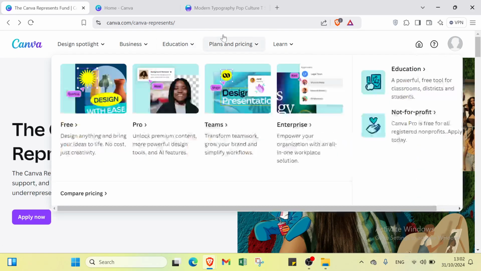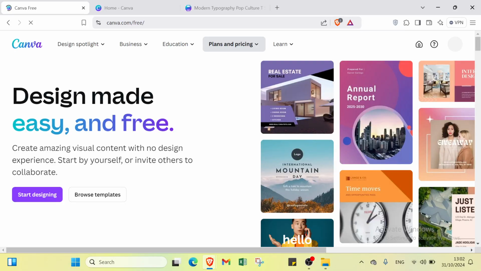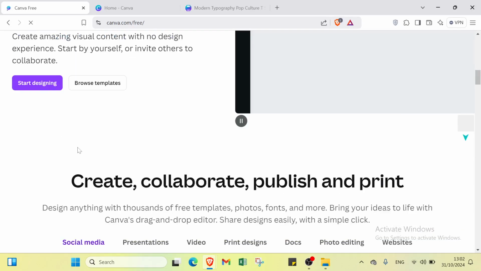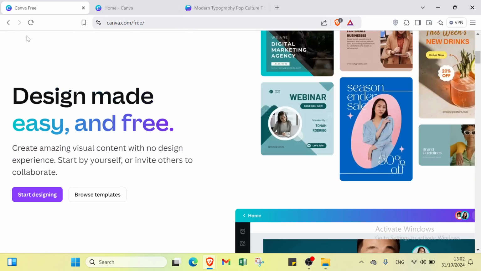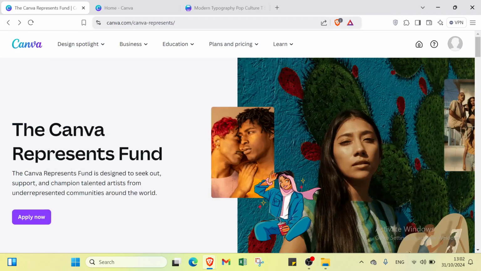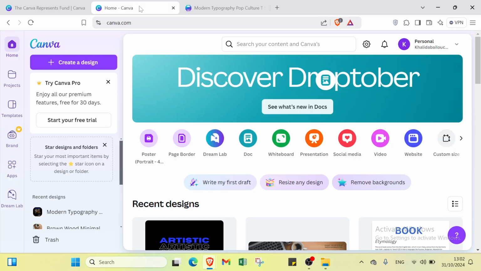If I want more information about some of these packages, I will just select the one I want. For example, I will just select the free one because this is the one I will choose, and we have here various information about this one. You're just ready to understand more, then you get started and you choose the one you think is more comfortable and better for you. Then right now let's go to canva.com and discover how you can design your